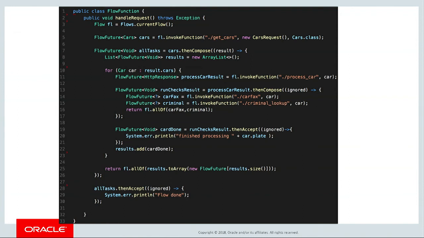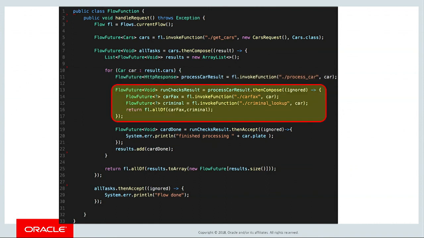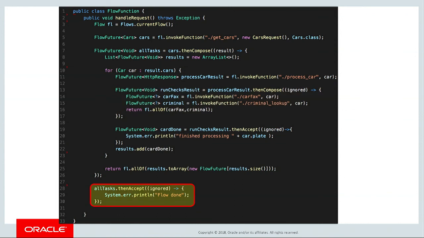workflows. We're going to breeze through this pretty quickly, but if you look at just a really quick code example of what FN Flow looks like, you get things like completable futures. We create the flow future here, and then we do an all of, and then a then apply. These are very familiar syntax if you're familiar with Java 8 futures. And then at the end, we can do a number of invoke functions, which is a helper call to invoke more functions. And at the end, we do a when complete.